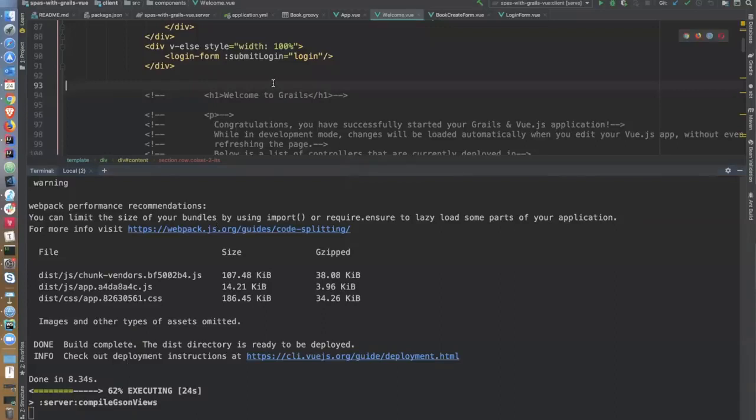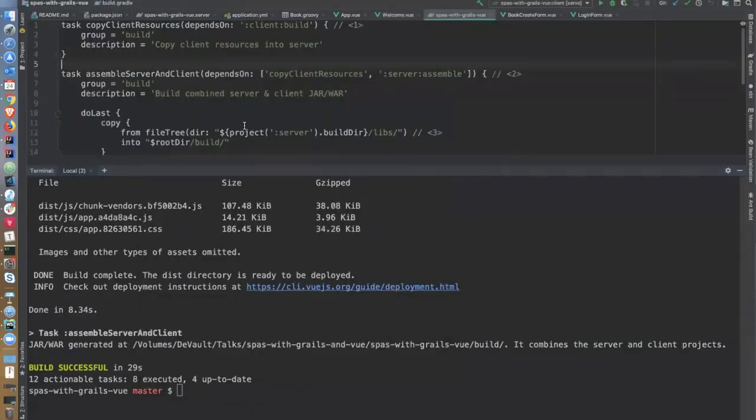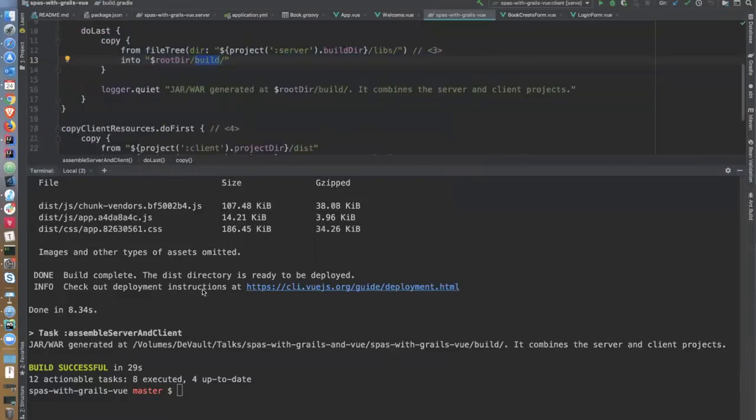And Gradle, I'll show you that command here, is going to copy the front-end application into the build directory of the server application, and that's going to create the combined jar file. And so at this point, assuming that everything goes well here and that I don't have anything else running in the background,